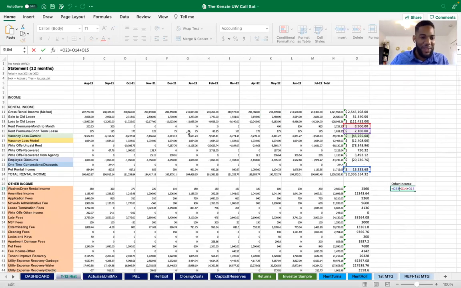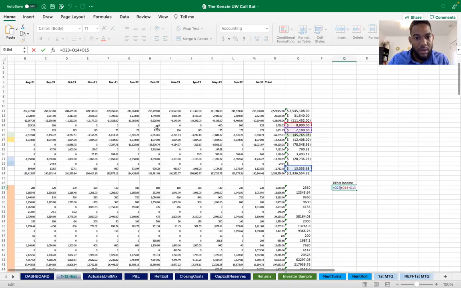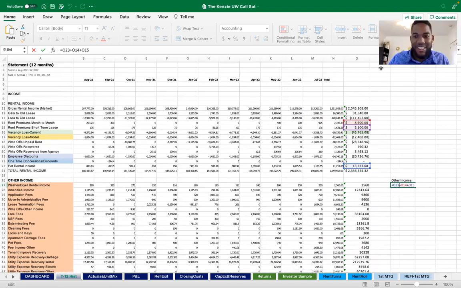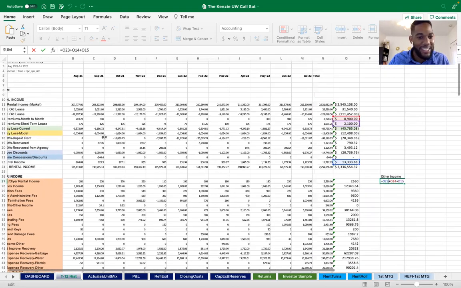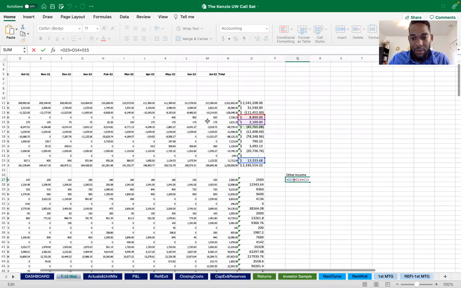I don't want to say the wrong thing, to be honest. I think it's when they charge a little more instead of somebody doing an annual lease. Yeah, you can charge more if somebody's on a month-to-month or shorter-term lease. Great save. Sorry, guys, Charles is a beast, he's multitasking. It's hard to focus on two things at once, but that's definitely it. In this line item here is a short-term lease, so they were getting a premium for the short-term lease, or for month-to-month, sometimes they can charge extra for that.